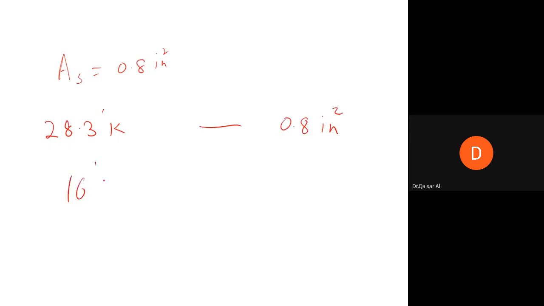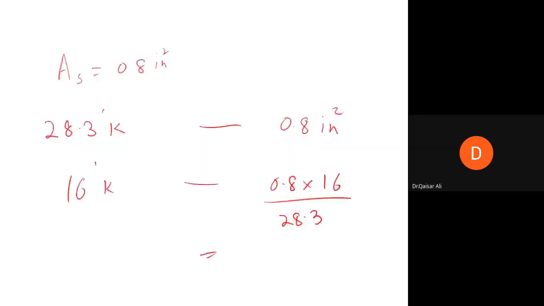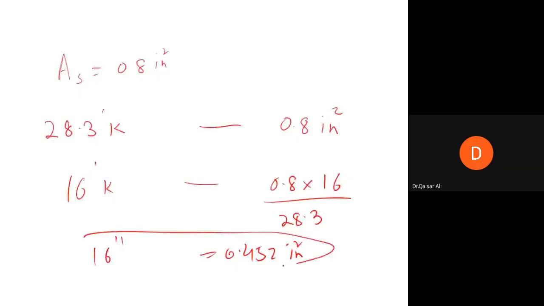For any other bending moment, let's say 16 foot kip, area of steel is 0.8 into 16 divided by 28.3, which is 0.42. In this manner, you can calculate area of steel for all the bending moments using this unit rule for the north-south as well as the east-west direction for the negative and positive